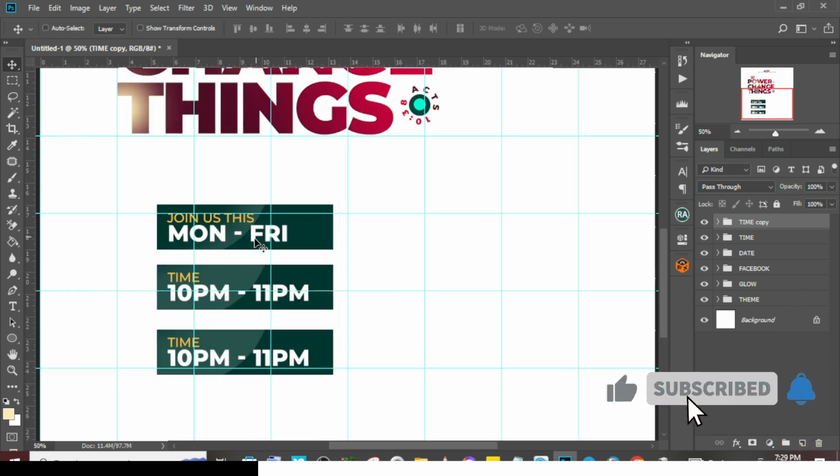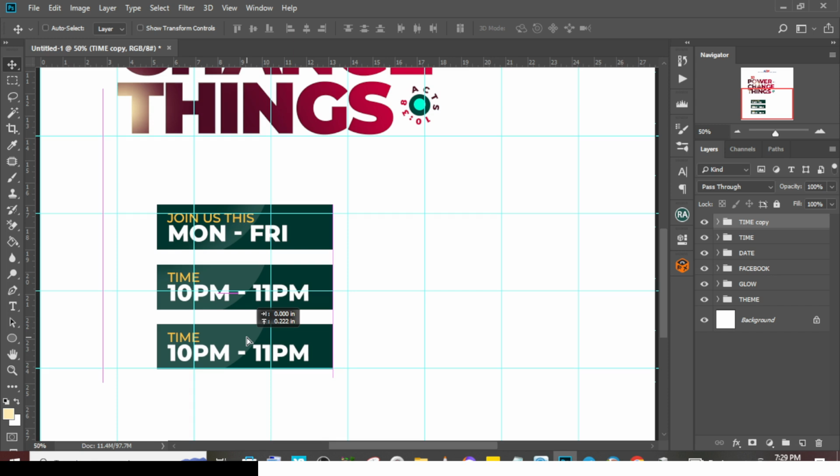You also want to make sure it's equal size between them, equal spacing. Okay, it's really important. Really important. All right,